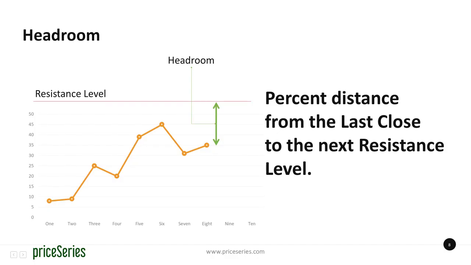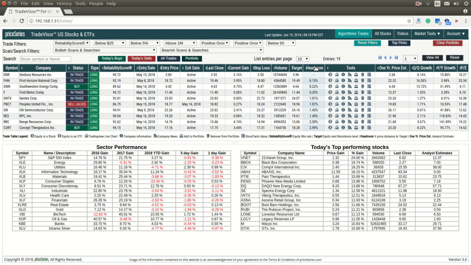Next, we'll look at the Headroom tool. The TradeVisor software automatically calculates price resistance levels for every stock on the daily chart. The headroom is the distance from current price to the next resistance level, as a percentage of the current stock price. Choosing stocks with higher headroom means that the stock value has more room to grow and provide a greater profitability to the trader. One can sort the shortlist based on headroom values by clicking on the Headroom column header.